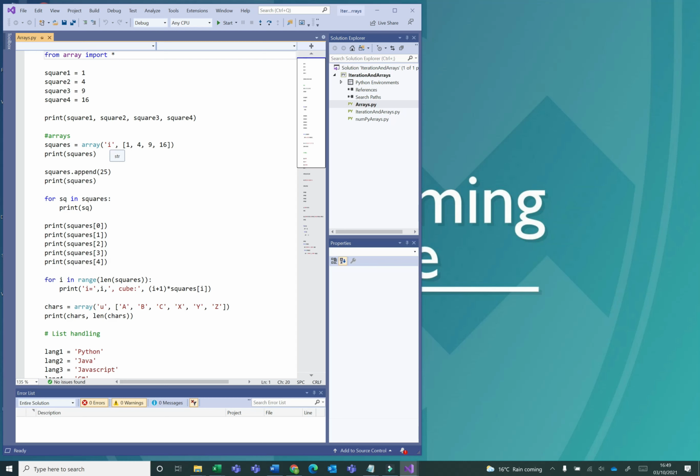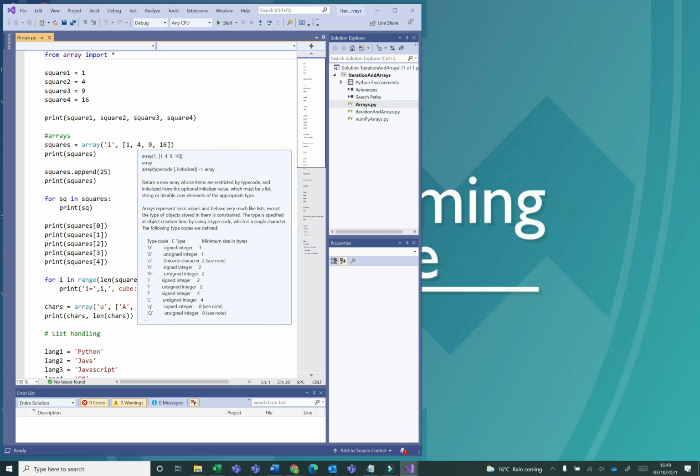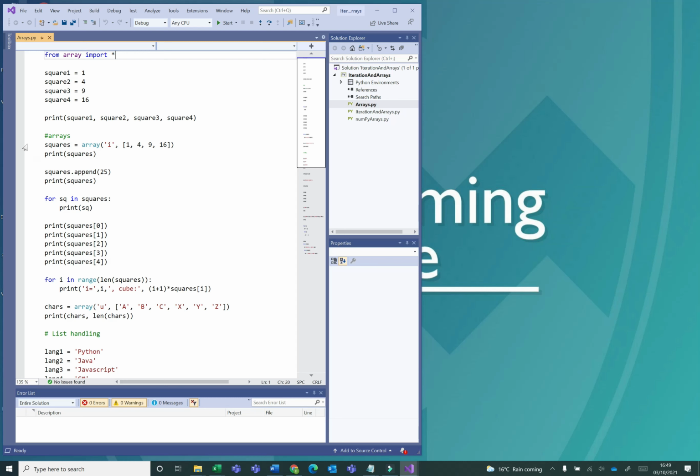Here, this lowercase i means signed integer, so plus or minus integer, and we can set up the variable with 4 values here. So if I put a breakpoint just here by clicking in this border